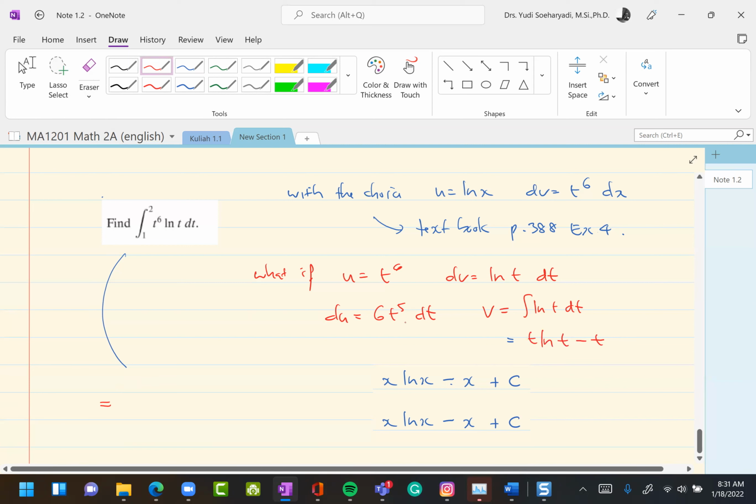So then u times v. Okay. Subtract this integral v du. Okay. v du here is t ln of t minus t times